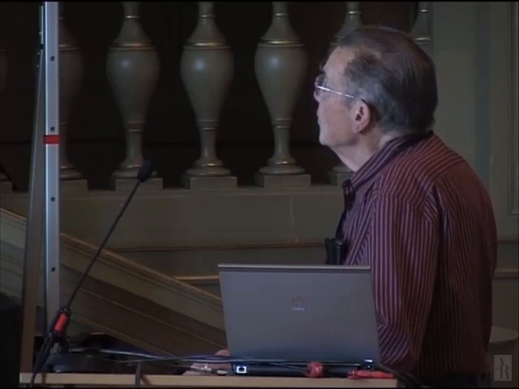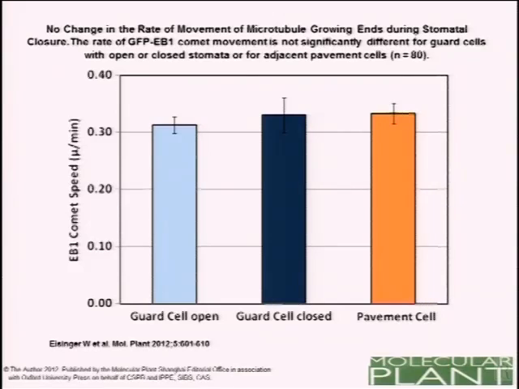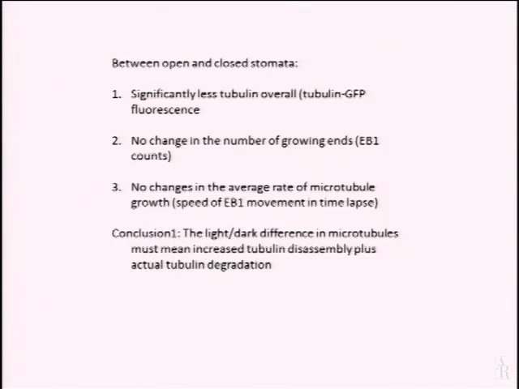But if we check the rate of movement, and you can do that too, of course, from these images, you'll notice that there's no difference in the rate of movement when the guard cells are open or when they're closed. There's no difference in the number of these things. So therefore, you have to conclude that what we're seeing is the result of massive degradation at the minus ends, and resulting in ultimate loss in total tubulin. So, less tubulin overall, no change in the number of growing ends, no change in the average rate of growth, and therefore it has